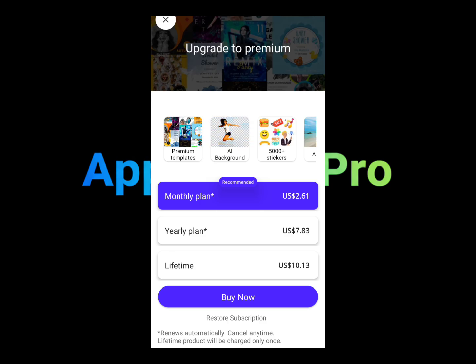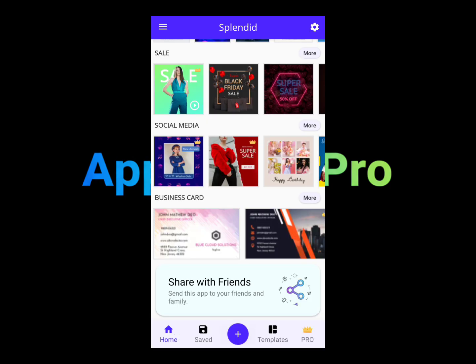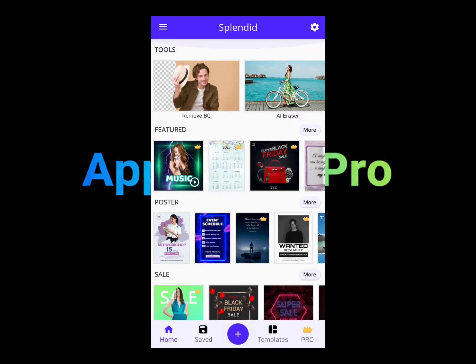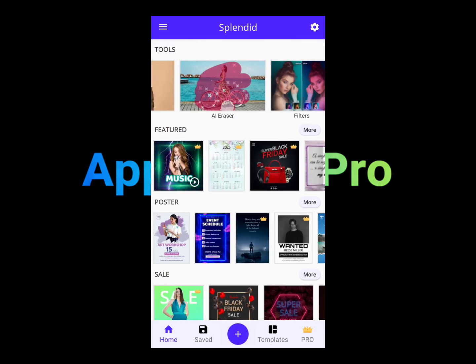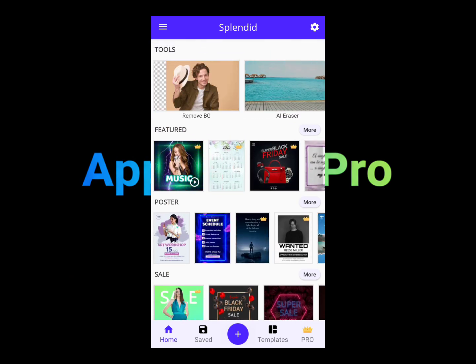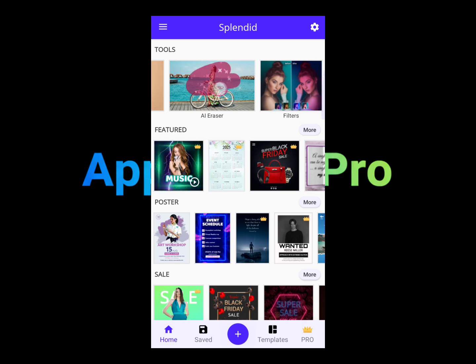As you can see, prices for a month subscription, yearly subscription, and they do offer a lifetime subscription. So all up to you guys. So at the top here you have some tools which can be used, some AI tools. You have the remove background, you have the AI eraser, and also you have the filter option,